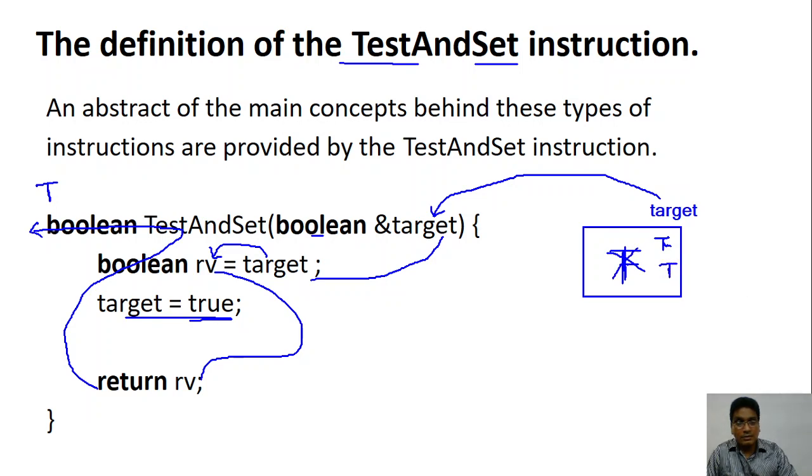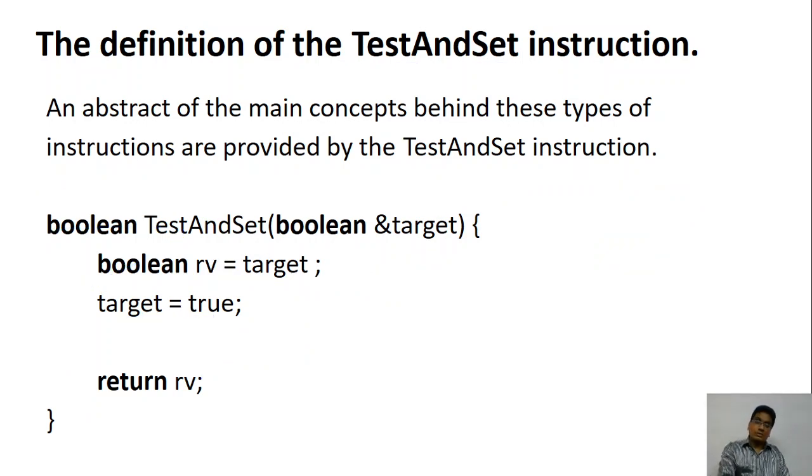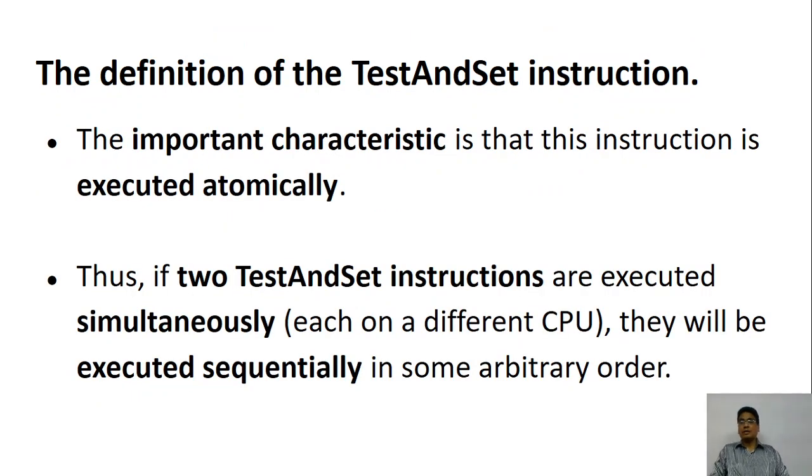And what answer are you going to give me? The fan was off. That is why I switched it on. So you say false, but then you set it. If it is not on, you switch it on. If it's already on, then you can't switch it on. So test and set. Test it. If it is false, you set it. If it is true, you have tested it. That's all. So this is a very simple instruction.